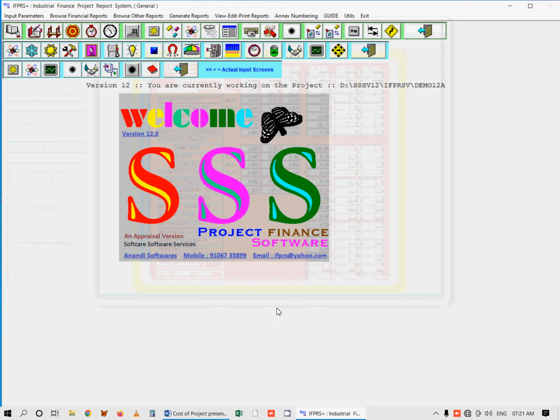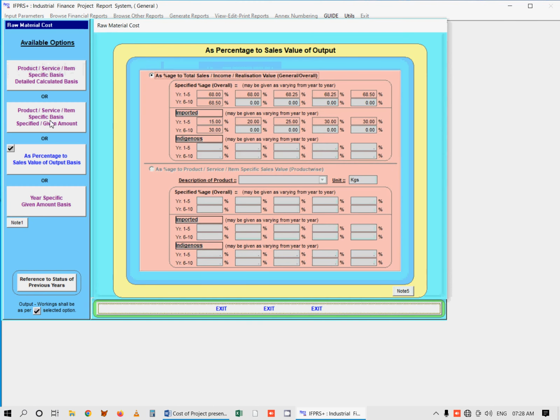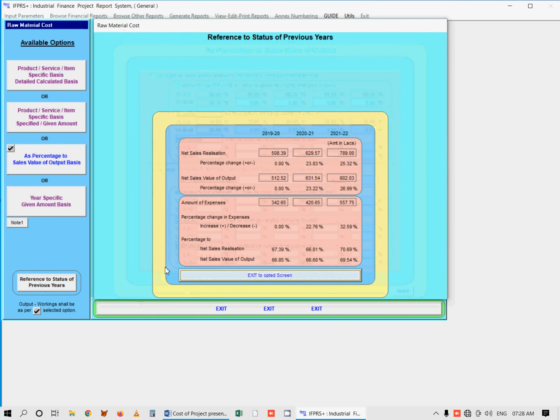Importantly, all this provides a lot of convenience, support and comfort in working out estimates and projections. Calculating raw material cost. Initially, getting into the input of main material, raw material cost. As said, we will first take a reference to the status of the previous year, and we could find here that it is ranging at somewhere 68% to net sale value of output, amount of raw material cost incurred,